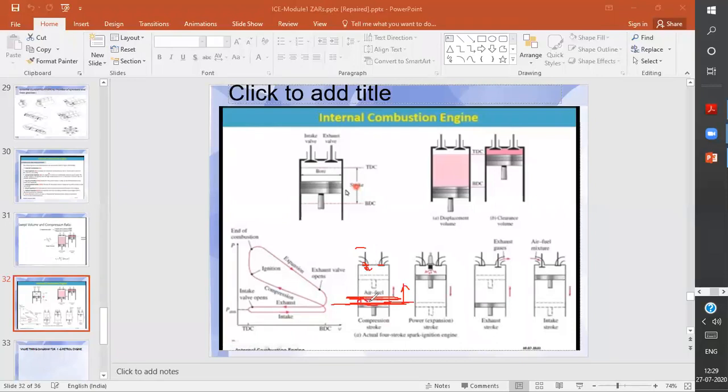The use of that is that when the air fuel mixture is coming with so much velocity, and though the piston is moving up and trying to compress the air fuel mixture, it is getting compressed, and the air fuel mixture is also coming from here. So what will happen? We will get more air fuel mixture, and the efficiency will increase a little bit. So that is why we are closing it a little bit later. At least you have understood this much, students.